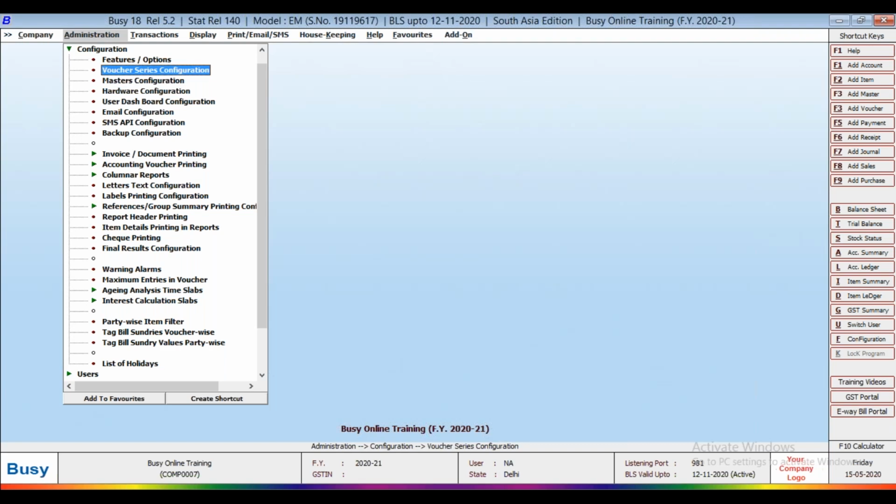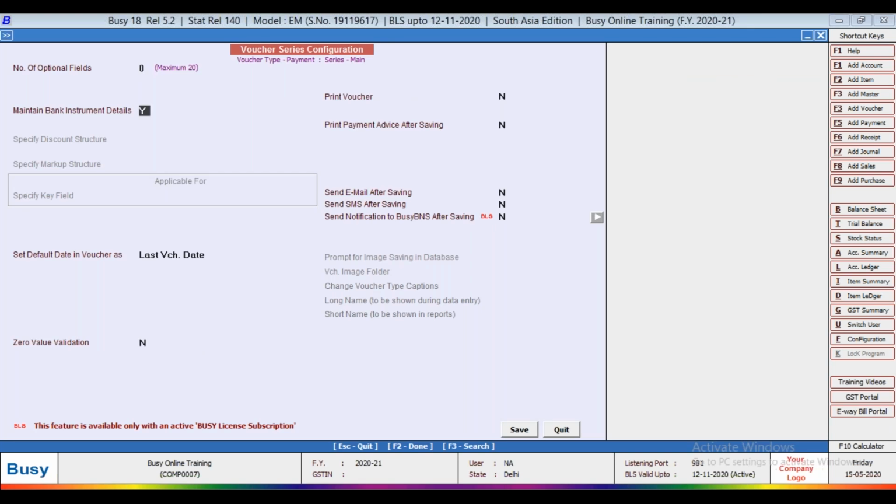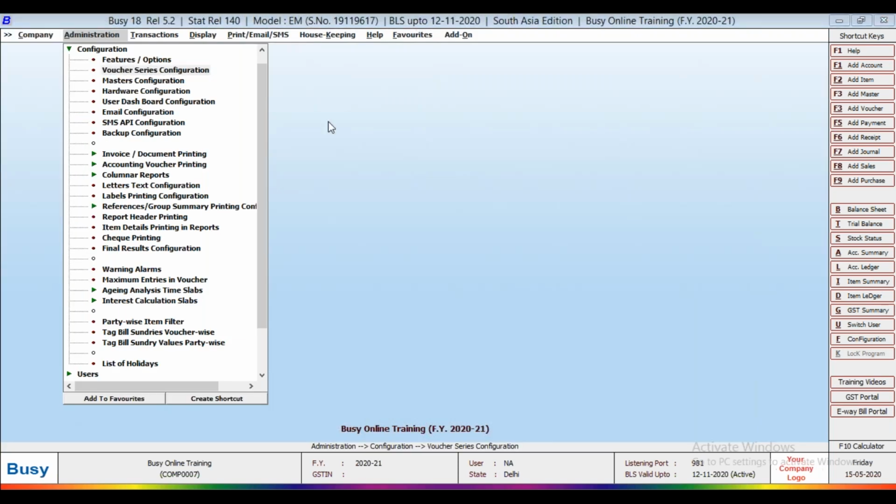Now enable the check printing option. Just a minute, I will configure the theme.